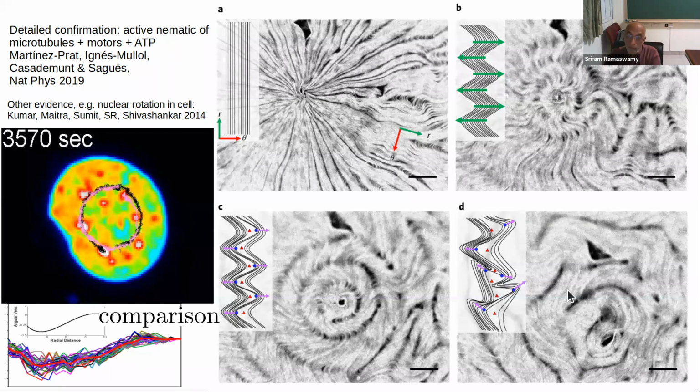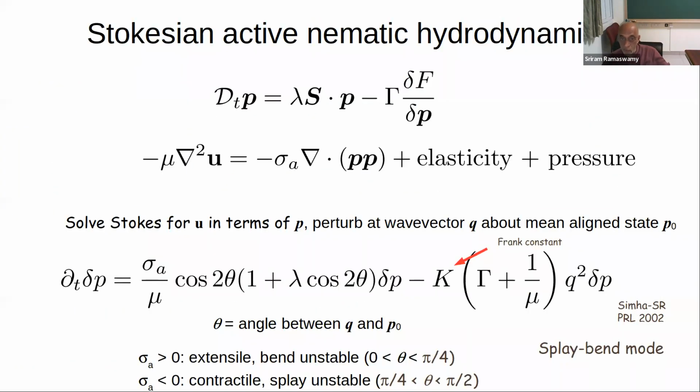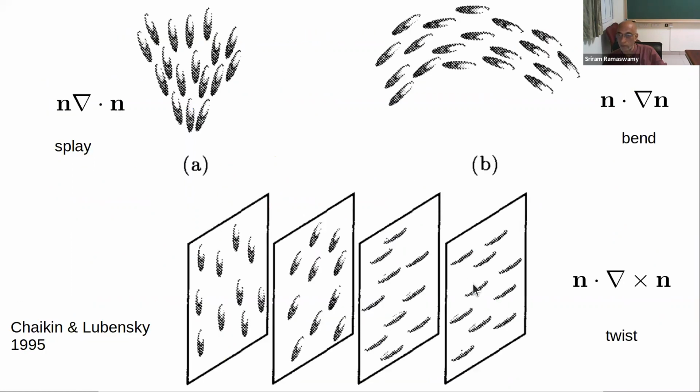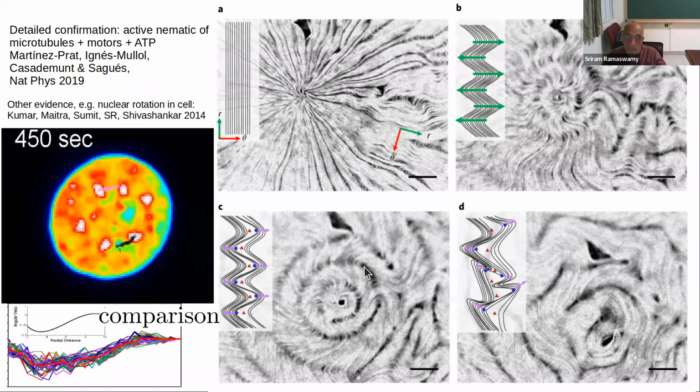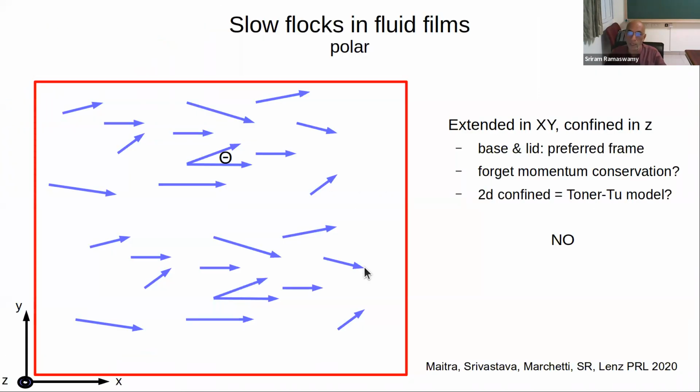It's turbulence not driven by Reynolds number, but driven by a competition between these two rates: the growth rate of the instability and the elastic relaxation rate of the orientation. And this guy is unable to win at big length scales over this guy. And so you get that instability on length scales above this so-called active length, which is the ratio of the nematic elastic modulus to the active stress, square root of that. And that's active turbulence. And active turbulence originates in this instability that we predicted 20 odd years ago. And there's loads and loads of beautiful experiments that will now confirm that. It'll be interesting to know how to escape this instability. One of the ways to do it is to note that,